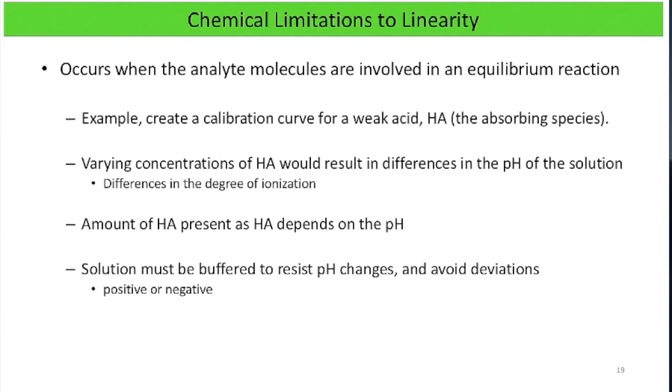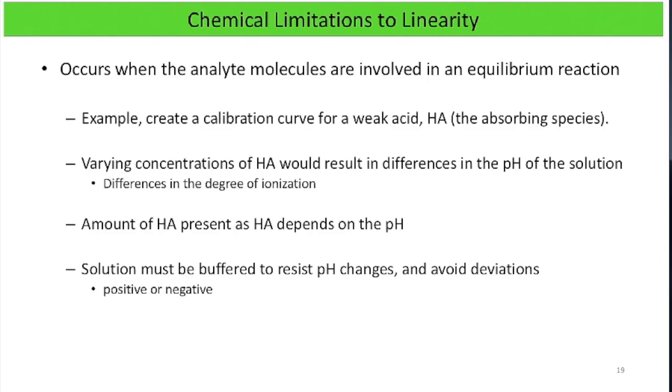Now, some chemical limitations to linearity occur when analyte molecules are involved in an equilibrium reaction. So if the analyte is actually reacting, doing something in the solution, then that can cause problems because the absorbance of the solution is going to be changing, for example, depending on the pH of the solution. So if you have an equilibrium reaction with acids and bases, varying concentrations of the weak acid is going to change how the sample absorbs. Okay, so varying concentrations are going to result in differences in pH, and this is going to result in different